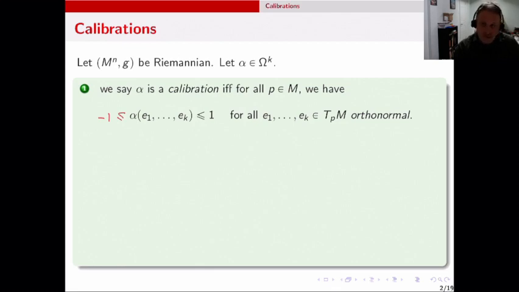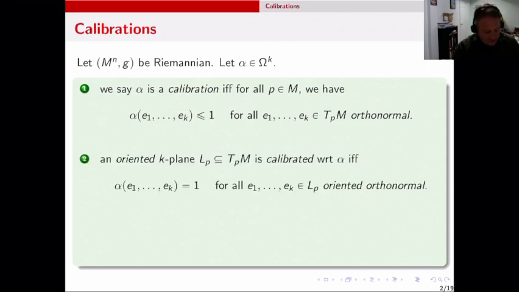This, by the way, is not the usual definition of a calibration. This is what's usually called comass 1. And the usual definition of calibration is that it's a comass 1 form together with the fact that it's closed, d alpha equals 0. But I'm not going to assume that it's closed most of the time. Okay? So suppose we have a calibration, then we can define a distinguished class of oriented k-dimensional subspaces of each